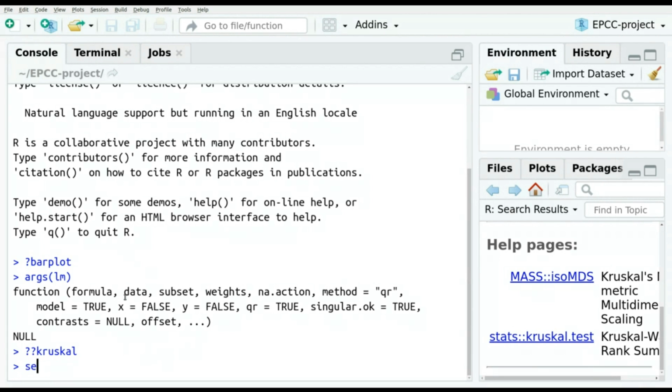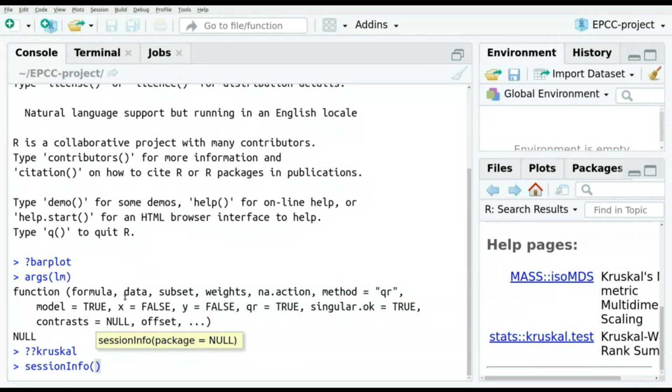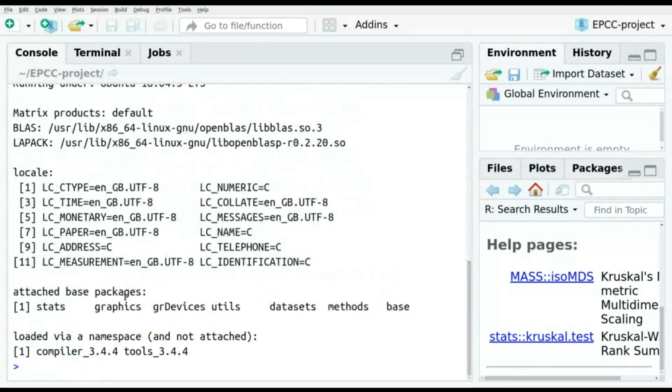If you type sessionInfo, the good thing about RStudio is that you can use the autocomplete. If I press enter, it finishes the function name. So it's sessionInfo, and we need to put the brackets, which means that this is a function. If we click on that,